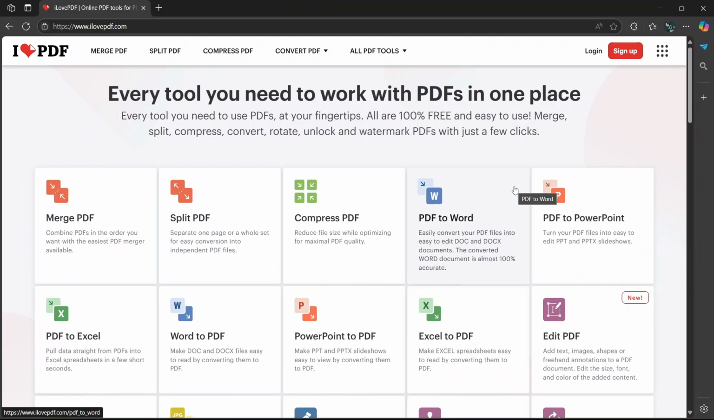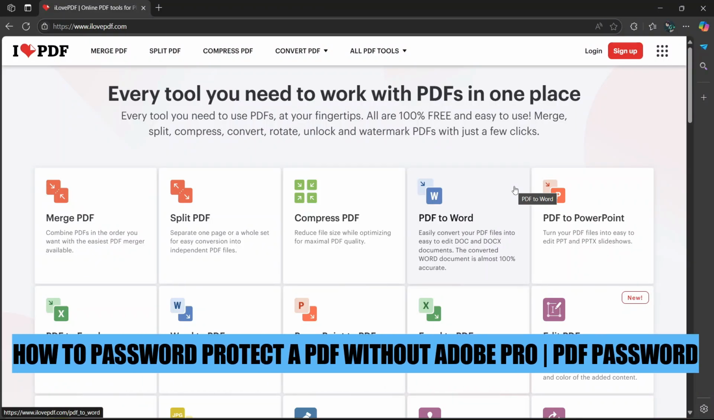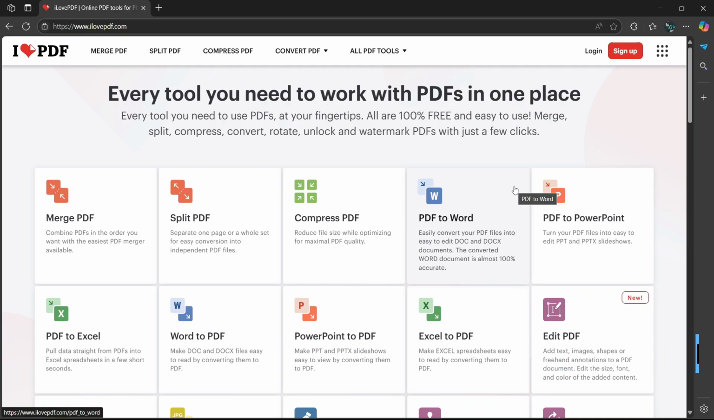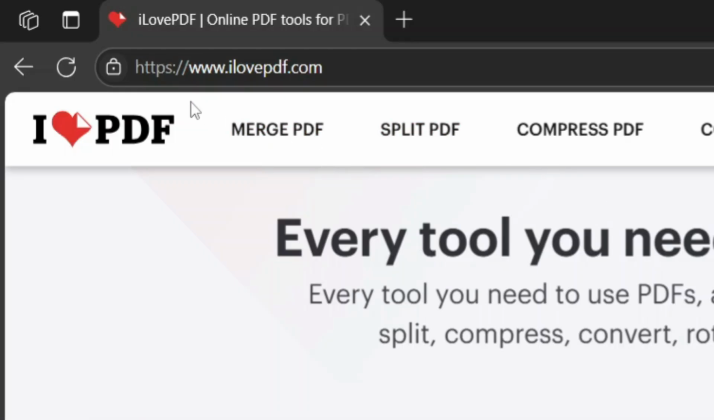In this quick tutorial, I'm going to show you how to password protect a PDF without Adobe Pro. Let's begin. So you're going to head over to your web browser and you're going to type in